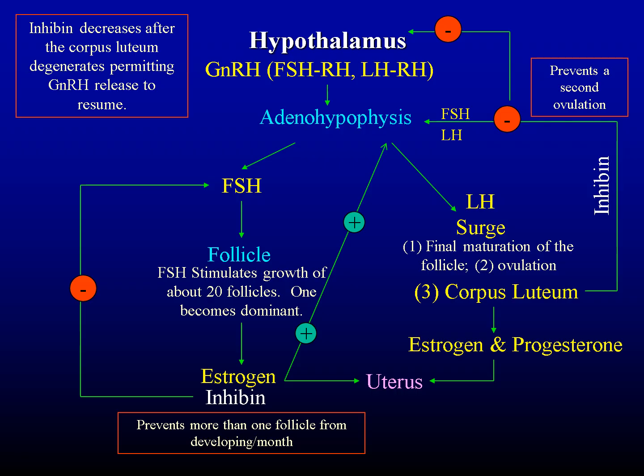The rising estrogen levels in the plasma exert negative feedback on the adenohypophysis, inhibiting release of FSH and LH. Within the ovary, the increased release of estrogen causes the granulosa cells to release inhibin, which also exerts negative feedback control on FSH release. Inhibin prevents more than one follicle from developing to maturity per month, which limits the possibility